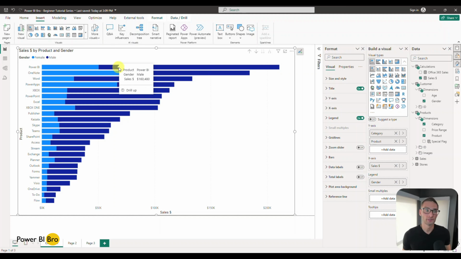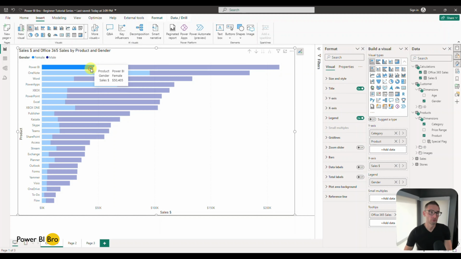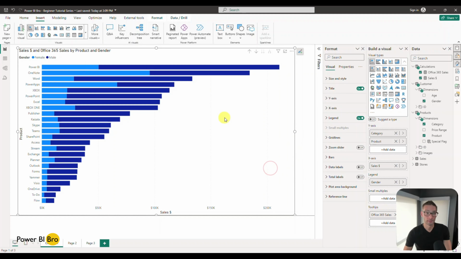So say I wanted to do that and use our previous calculation of Office 365 sales. If someone hovers over it now, it will show that information. Oh, Office 365 sales, there you can see. Office 365 sales right there as well. So we have our data, you select what you want to go into the report, and now